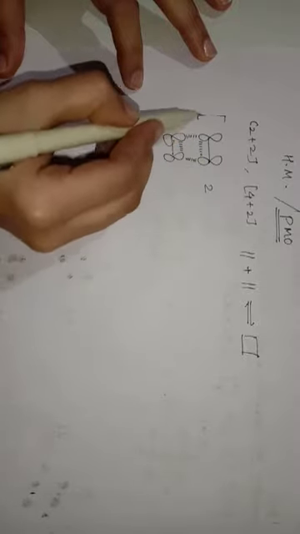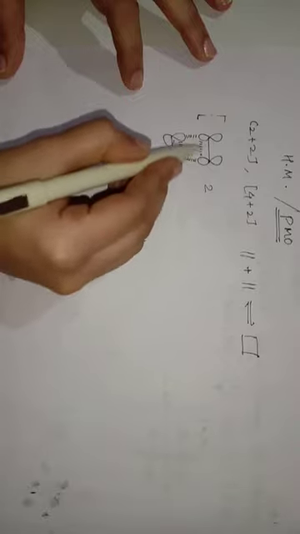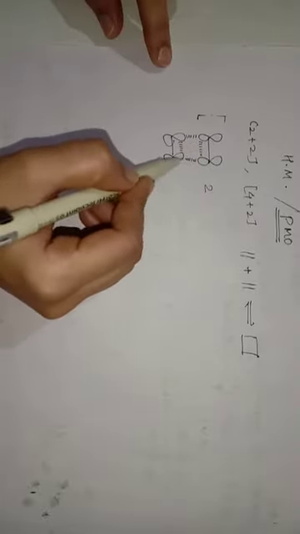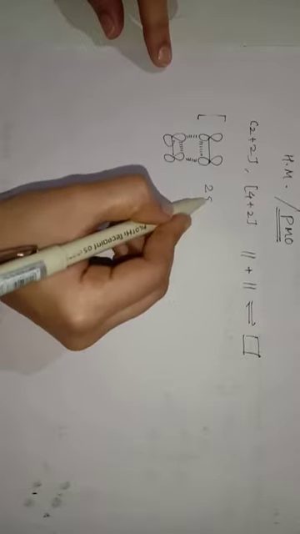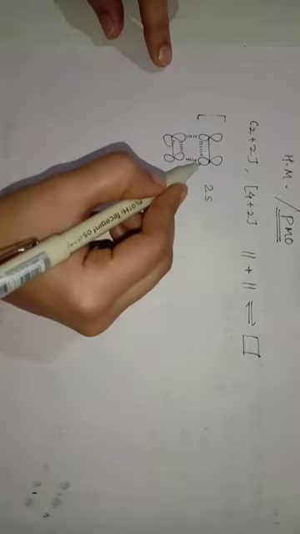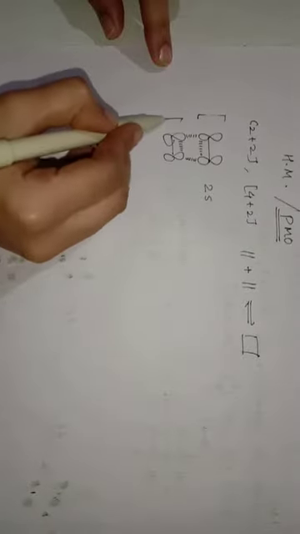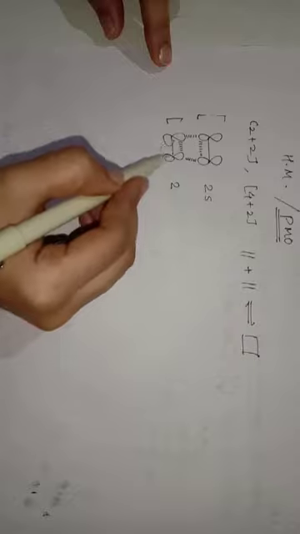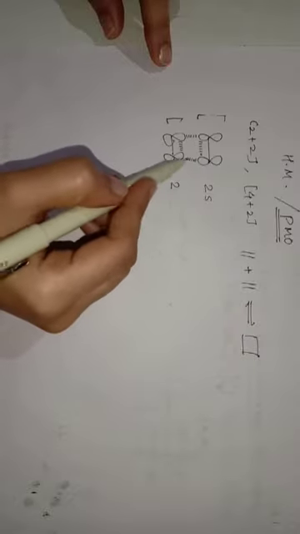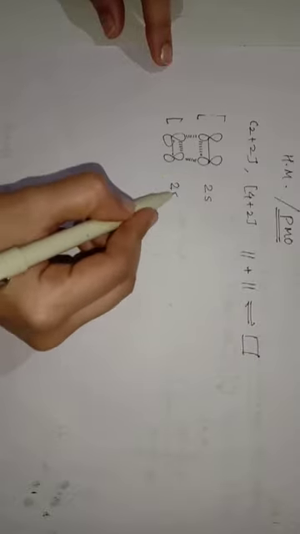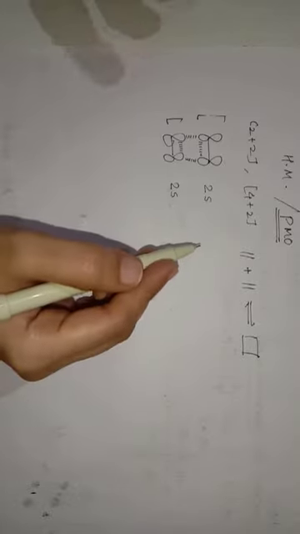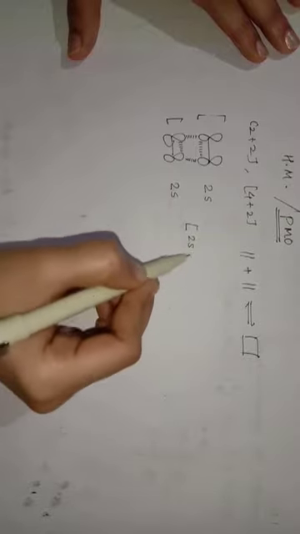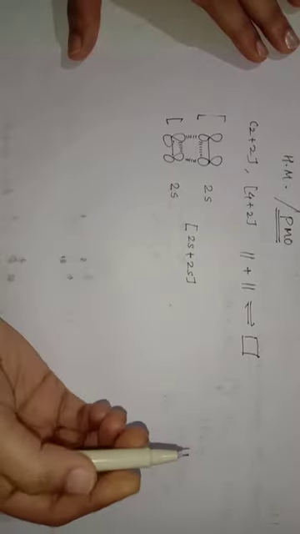If we look at this electron system only, then the two lobes from the downward position are going to make a bond with these 2 orbitals. So you can say it is a 2s system because they are adding suprafacially, right? And in the case of the other 2 electron system, these two lobes which are present at the upper side of the plane are going to make a bond with these 2 orbitals. So this system is also suprafacial. So actually this is a 2s plus 2s system. So finally this cycloaddition is a 2s plus 2s cycloaddition system.